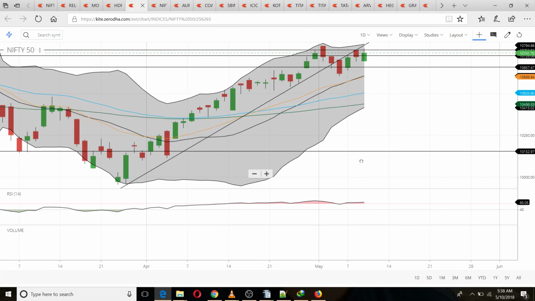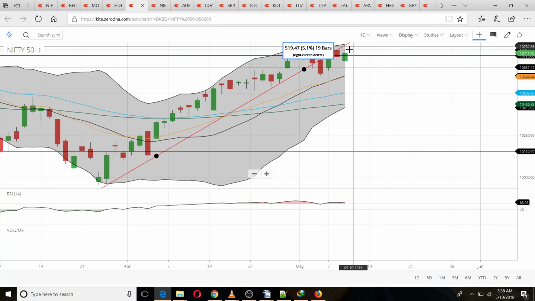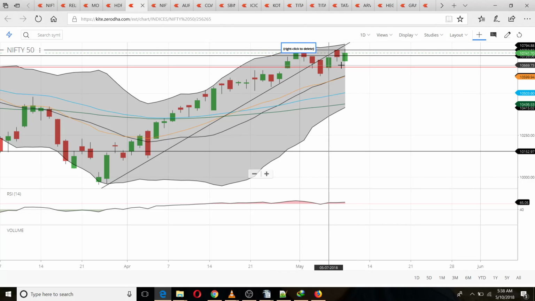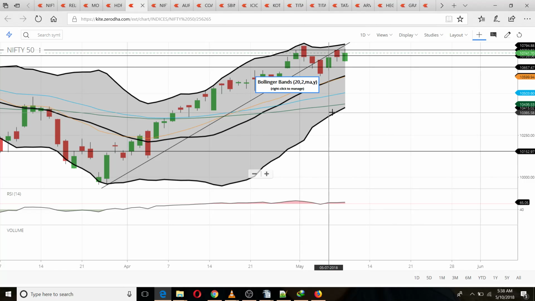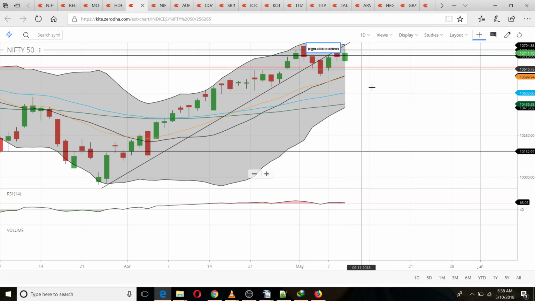Now if you see the top of this green candle, and the top of this green candle and yesterday's candle are almost the same. So actually we have moved nowhere. We have just been in that range, these horizontal lines that I have drawn, and I was expecting that at least somewhere around the 10,600 level we would go, but currently that has not happened. Time will tell if that goes right or wrong, but till the time I am below this trend line, I will keep looking for shorting opportunities.